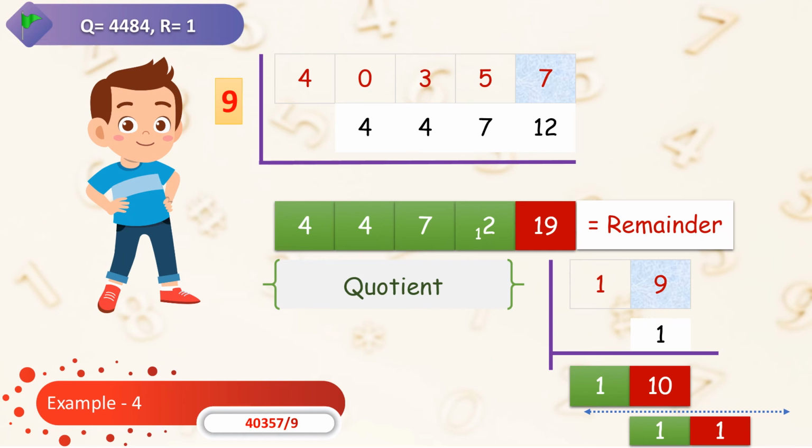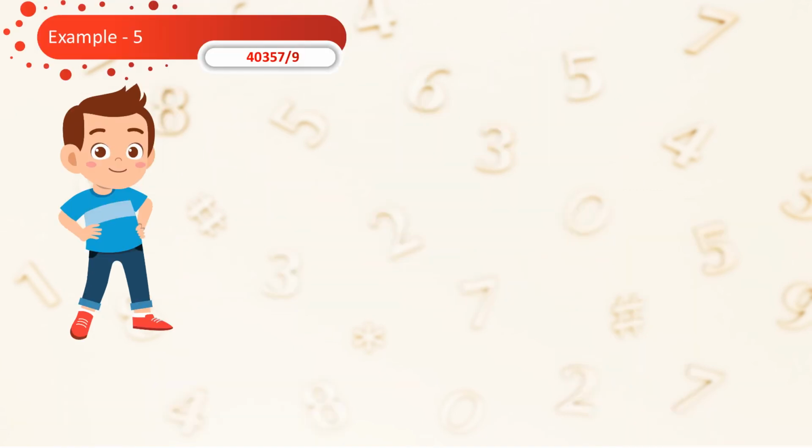Now if you see here, as long as your divisor becomes greater than the remainder, we need to keep repeating the same division process again and again. But this can be greatly simplified if your digits are fairly small to begin with. That's where the use of bar digits becomes very important and proves to be a very powerful approach for us. So we are going to see the same example now rewritten with bar digits. You can write 40,357 as 40443 with a bar on 43.